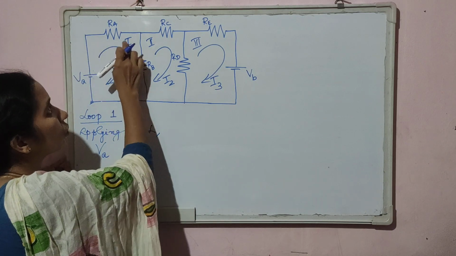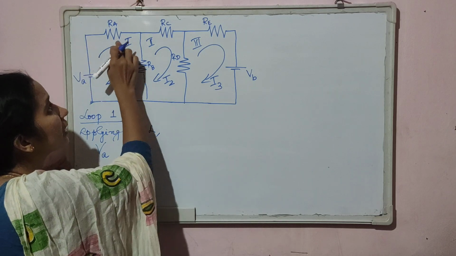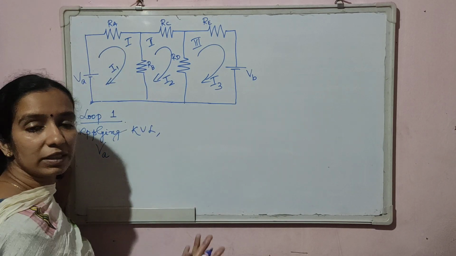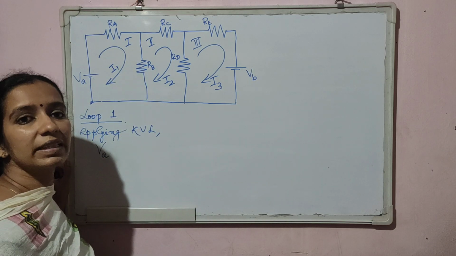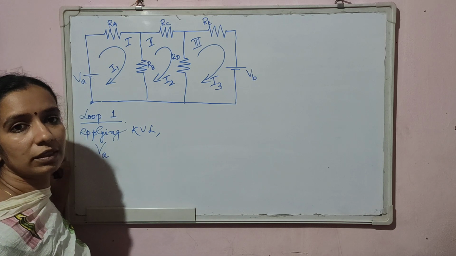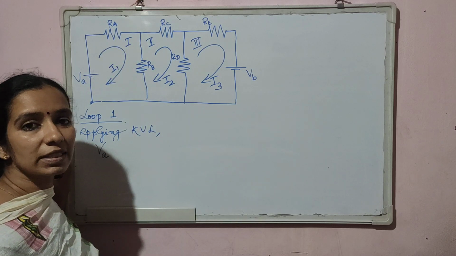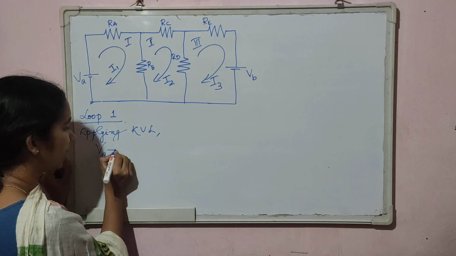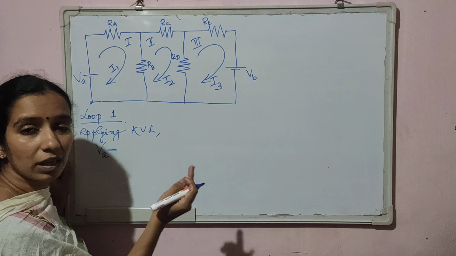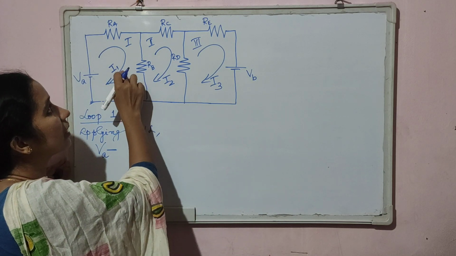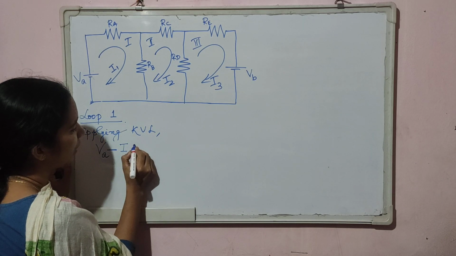So I am moving in the clockwise direction, and the current I1, current through resistor RA, is also in the same direction. So if the direction in which we are moving and the direction of current flow are the same, then there is a potential drop in the resistor, and in that condition the voltage across the resistor should be marked as negative. So here minus voltage across the resistor. So voltage across the resistor is current into resistance, that is current is I1 into RA. So minus I1 into RA.